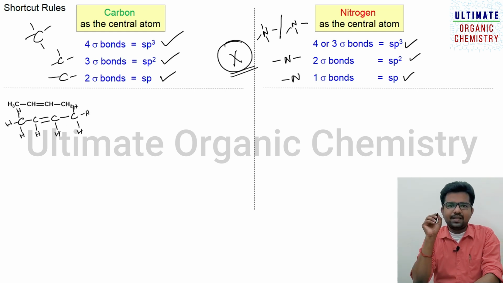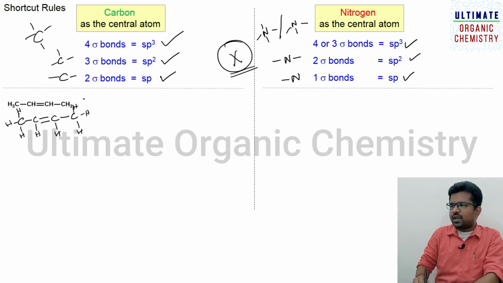So whenever hybridization is coming, you need to consider only sigma bonds. You can check the rule. I have given it only for sigma bonds. You should not consider pi bonds. So whatever pi bonds are there, I am omitting them, and if you check all the sigma bonds, you can give the hybridization. So if you check, the carbon atom is connected by 4 sigma bonds, that is, 4 sigma bonds means sp3. You can check the rule here.